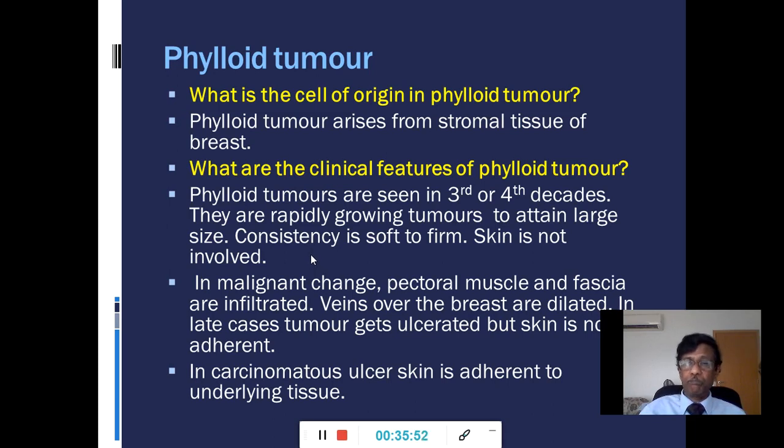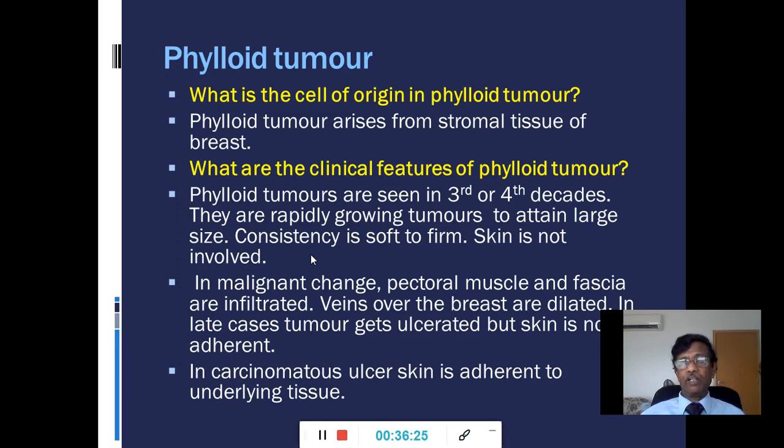So you can pass a probe underneath the skin to see whether it has been fixed to the underlying structure or not. You can just pass a probe at the edge of the ulcer. In cases of a phylloid tumor, the skin can easily be raised away from the underlying structure. Whereas if it is a carcinoma, because there will be doubt, a patient is coming with a big ulcerative mass and this could be a locally advanced breast carcinoma, or it could be a simple malignant phylloid tumor. So one may have to differentiate. Both are presenting with ulceration.